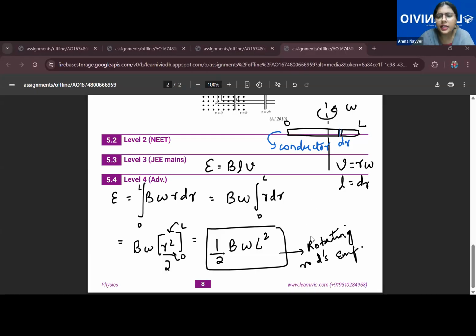And all of your revision tests have been started. So please attend the revision test. I think you must have received the schedule, all of you. Or if you haven't, you will receive it in a day or two. Please attempt the revision test, because this will be helpful for your half yearlies. And I'll have to discuss it in the class, and everybody should respond.